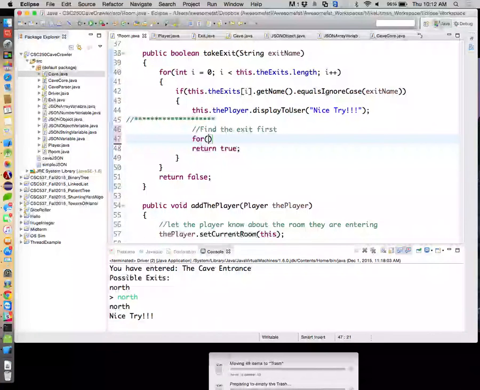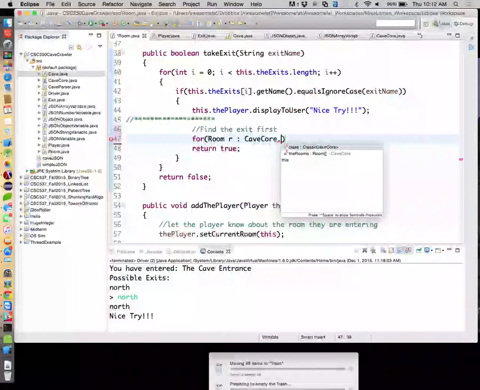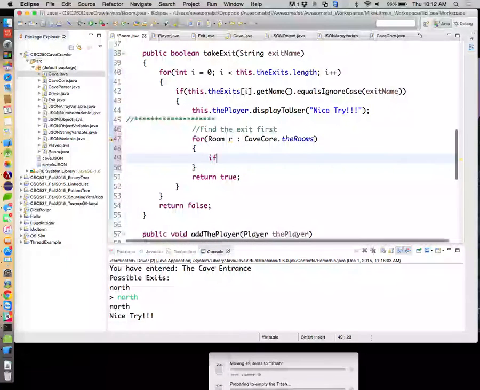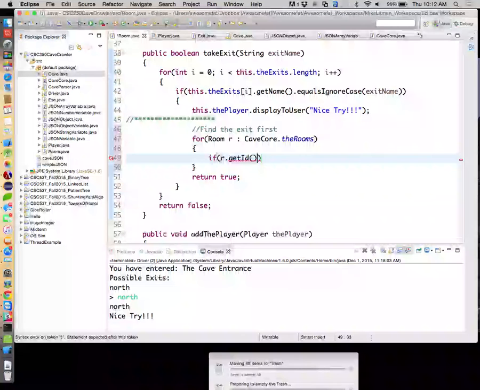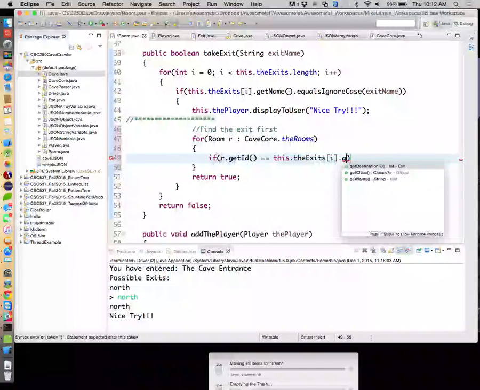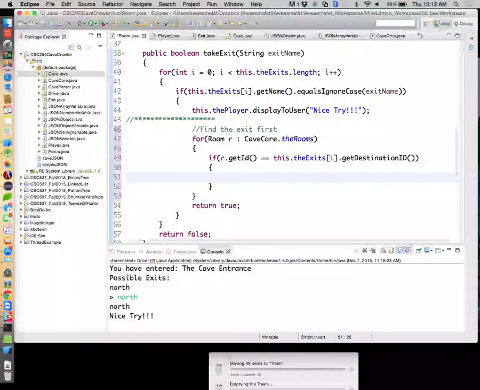So we can use a for each loop for that one. So for room r in, what do we call it, cave core dot the rooms, if r dot get ID is equal to this dot the exits at bucket i dot get destination ID. So if the room I'm currently looking at is the room with the destination ID, then I want to go ahead and say r dot,